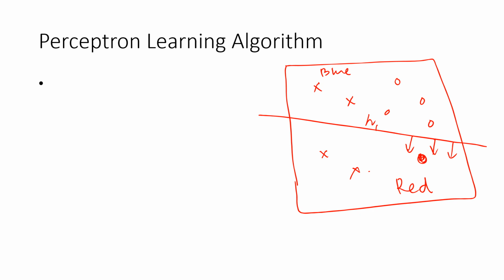So basically what I'm trying to do is this line would somehow become like this, and this would be on the correct side. So one misclassified point will go into the correctly classified region, right? So this is the fundamental idea behind the